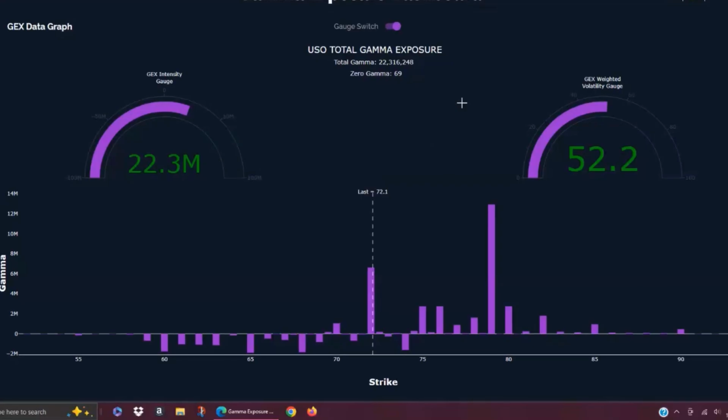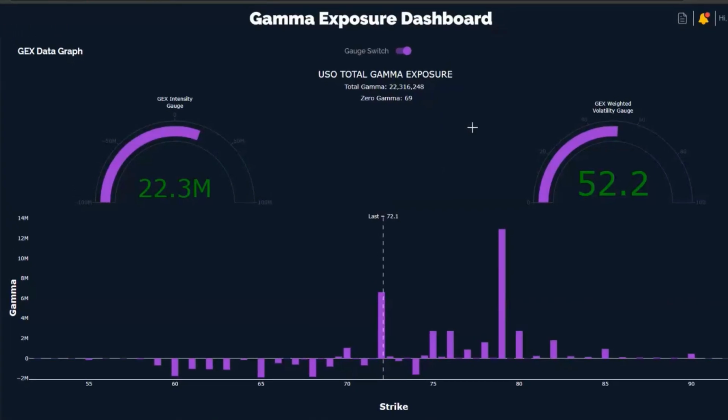All right, Anthony. The last one I wanted to draw attention to today is USO. I've got this gamma exposure dashboard pulled up with our data graph, and you can see oil, which has been somewhat weak lately. It's dropped right into this 72 gamma cluster, which, when you see a big gamma cluster, we look at as potential support or resistance areas and potentially a pivotal point where, okay, if